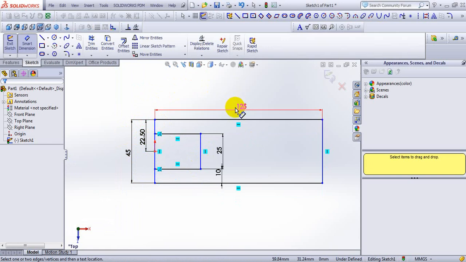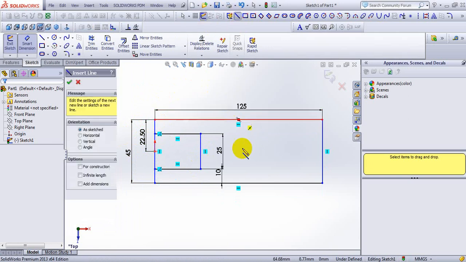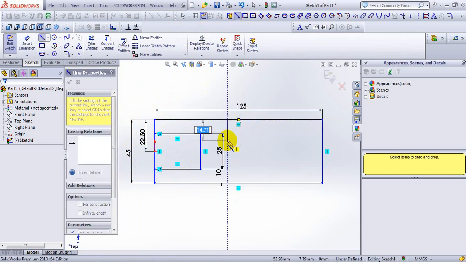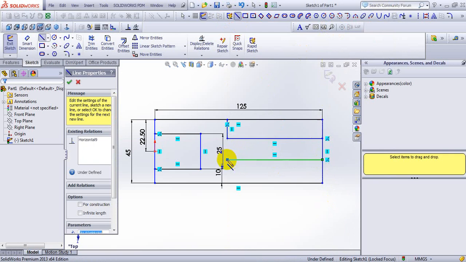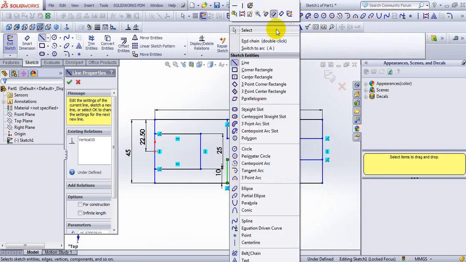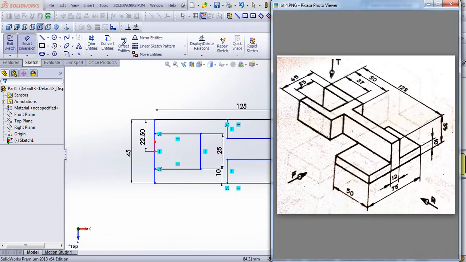Next, take a line command. Draw one rough sketch. Make dimension. As usual it will be 10 mm.